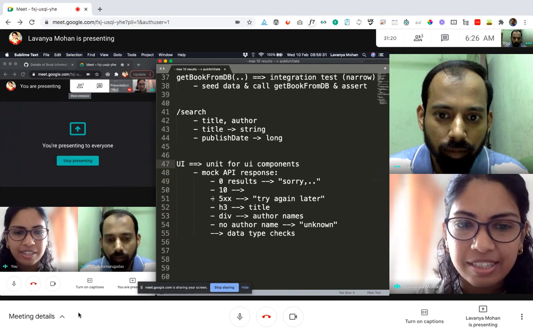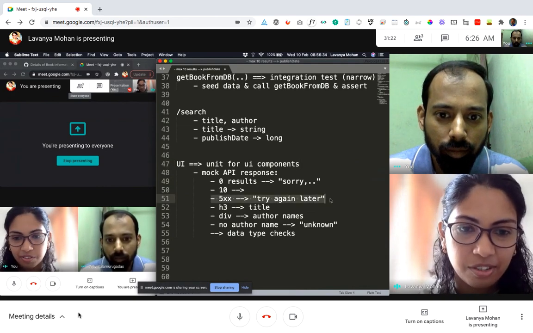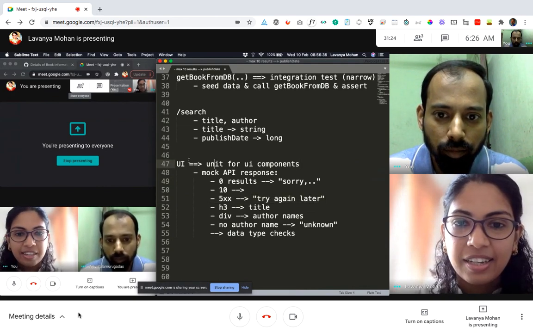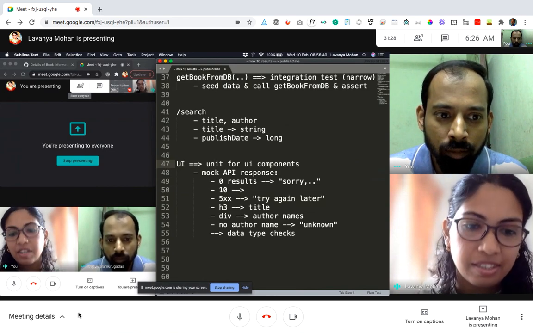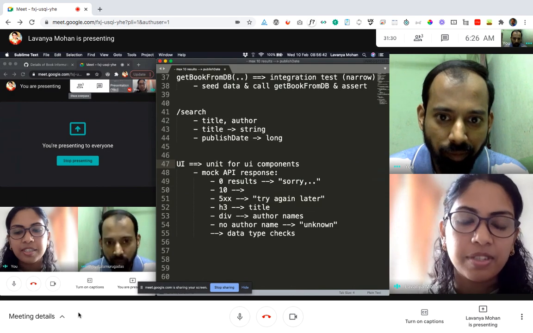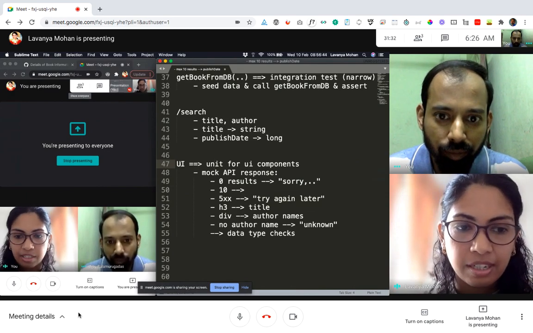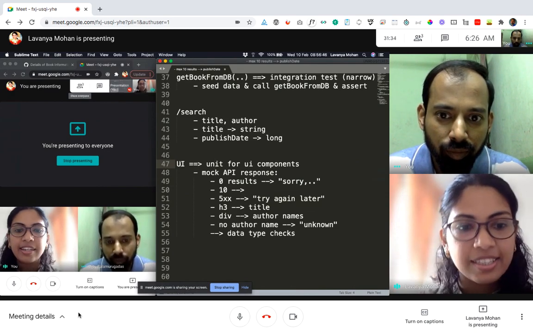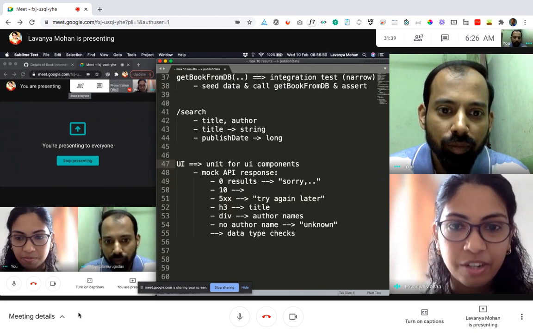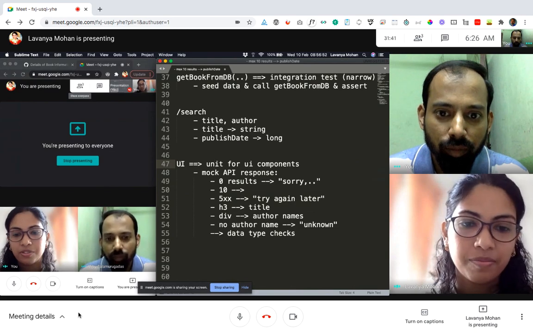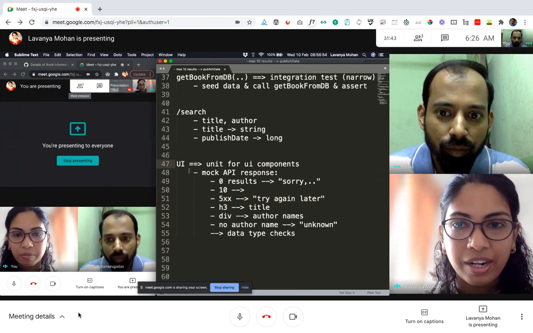Because things like a 5xx error are otherwise difficult to test. Again, since it is mock data and real API calls are not happening, it's fast, and it gives us flexibility. We can do multiple different things that we want to test. And in case any test fails, we will know exactly where to look, which method to look at, so it can help us pinpoint that very well.